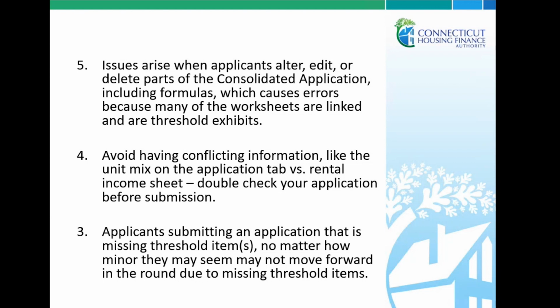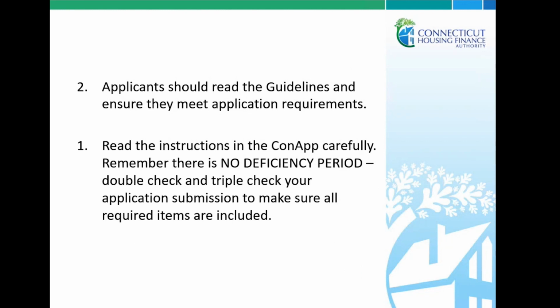Number 3, applicants submitting an application that is missing threshold items, no matter how minor they may seem, may not move forward within the round. So it's very important to make sure all those threshold items are received and accurate as well. Number 2, applicants should read the guidelines and ensure they meet application requirements. And then number 1, the last one, read the instructions in the CONAP carefully. Remember, there is no deficiency period. Double check and triple check all your application submissions to make sure all the required items are included and completed